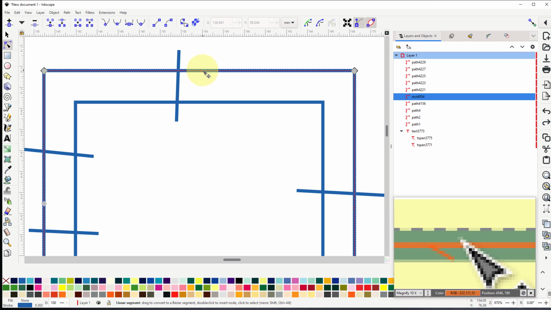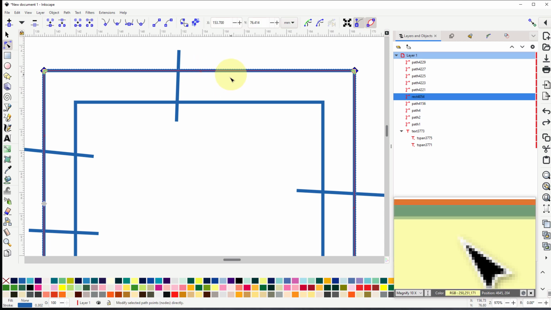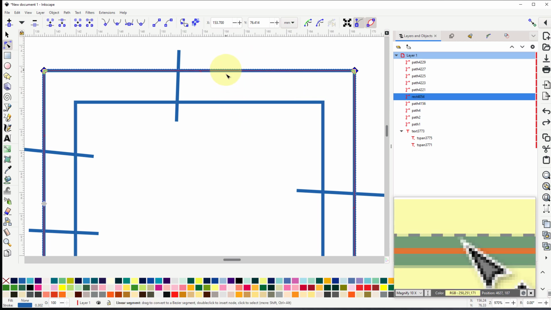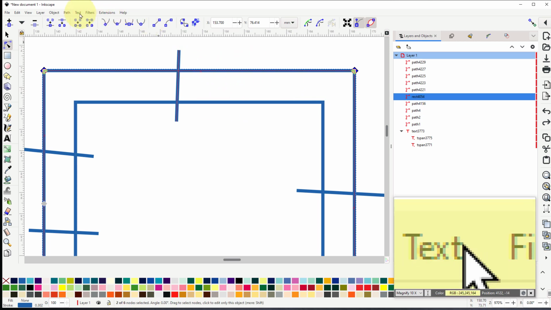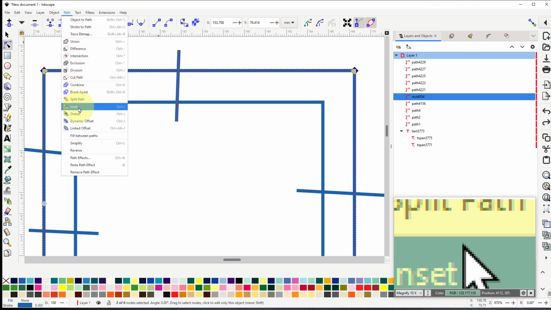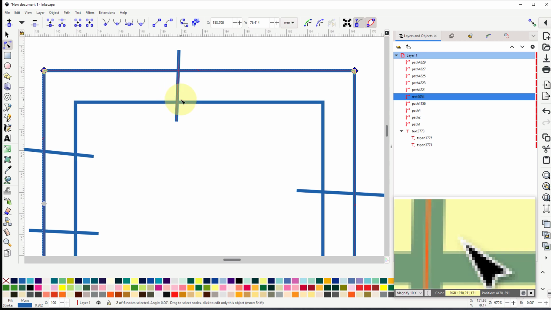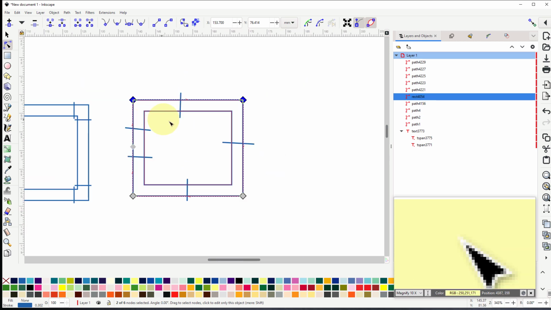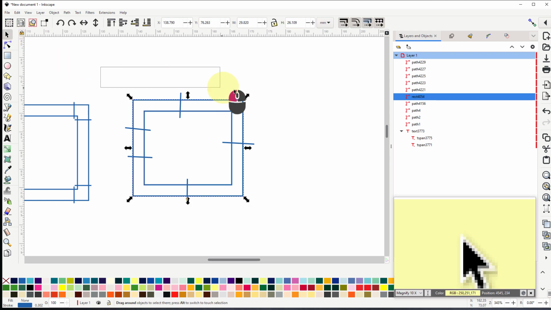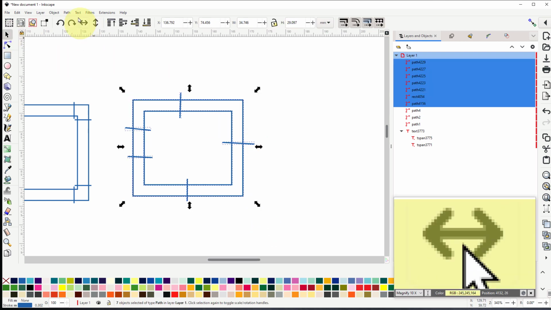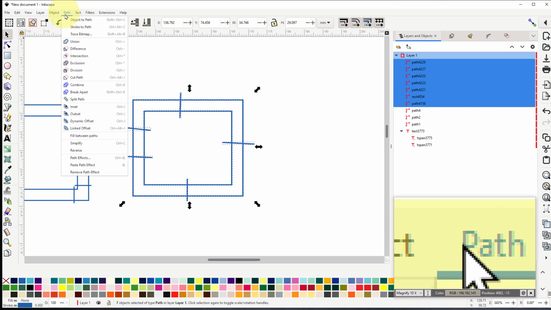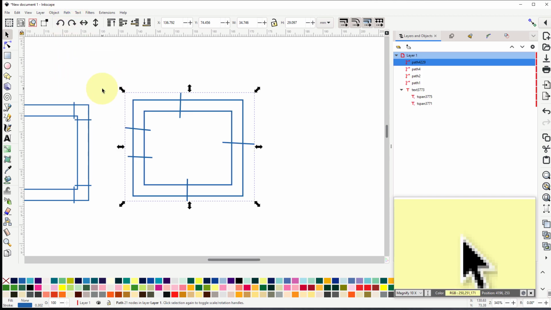So now what we have to do is we have to select one of these lines, and we go path and reverse. So we have to make sure that both lines go in the same direction. So now everything can be selected, and now we can go path, combine,